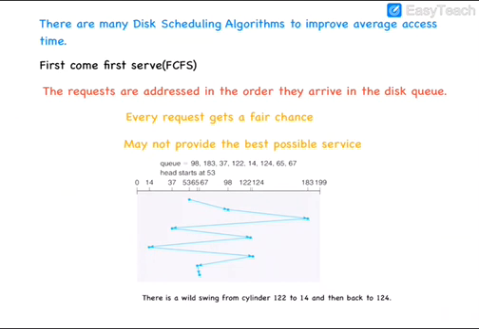So after 122 there is 14 and then 124. In the gap of two sectors we have moved to 14, again we have moved to 120 for a while swing. Okay, then request 65 will be processed and request 67 will be processed. So you can add all the times and divide by the number of processes, which will give the average access time. Okay, so this is how first come first serve will be done.